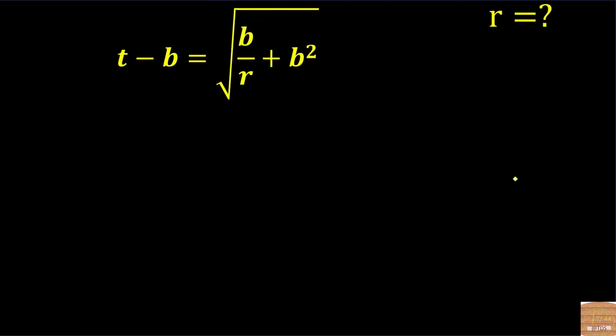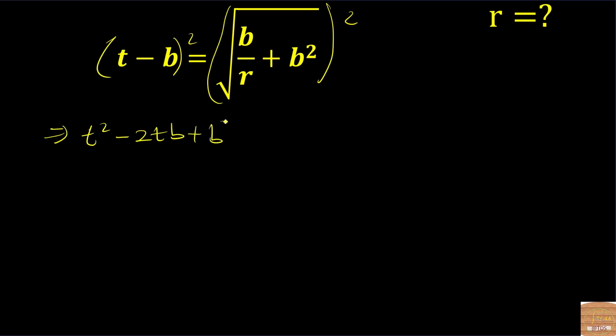Now let's look at this example. That will be the last one. So we can also try this as well. So we have T minus b equals the square root of b on r plus b squared. Okay, so let's square both sides. So on my left hand side will be T squared minus 2Tb plus b squared equals to,